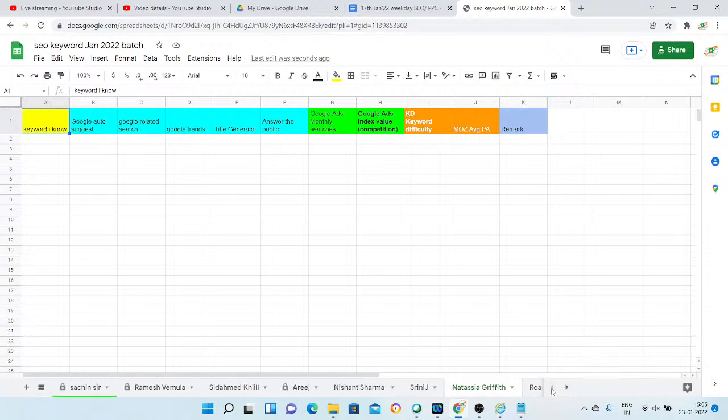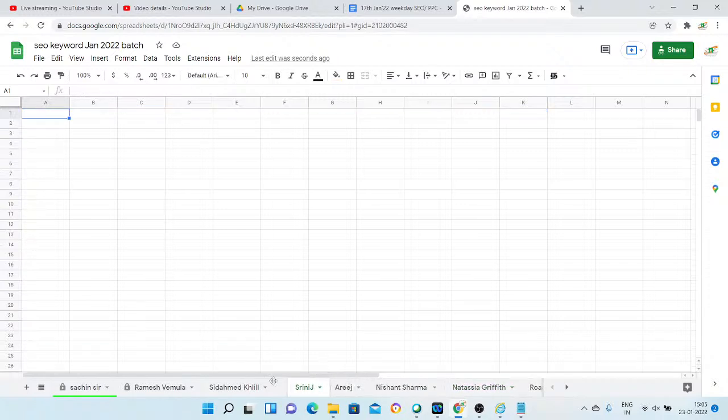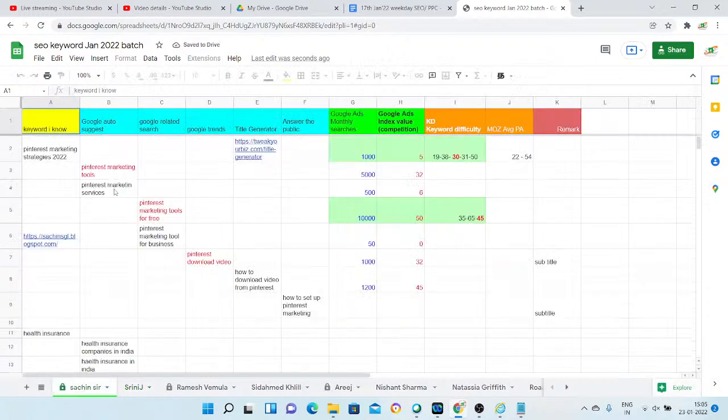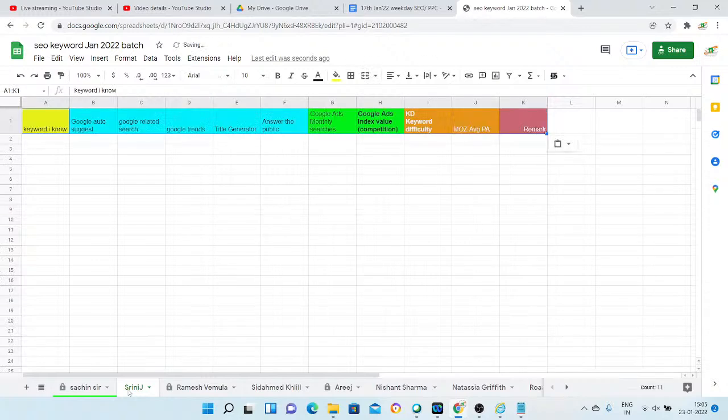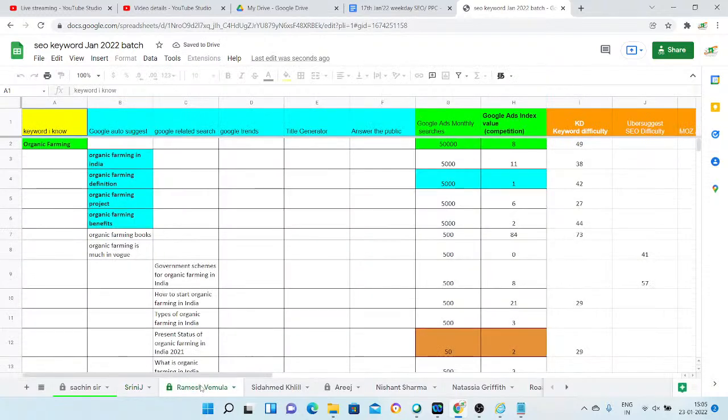In addition to that, suppose I want to share my URL with you so that you have the references. This is going to be empty anyhow because this is the only keyword I know, so this block is empty. I can just put my URL like this. This is how you can share your website address as well. Under my name you see mine, under yours I will be able to see yours.